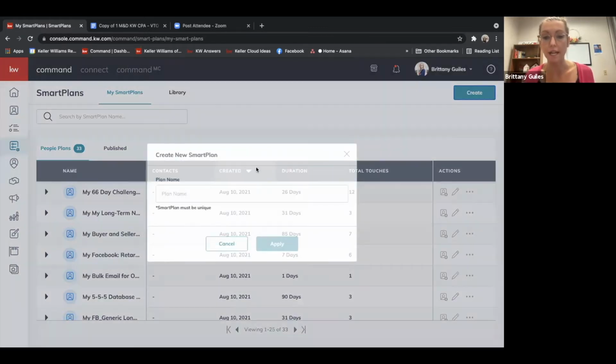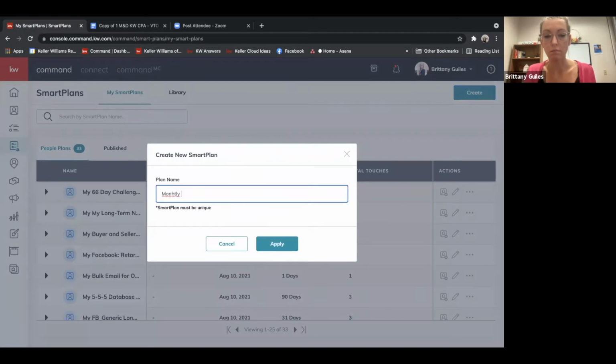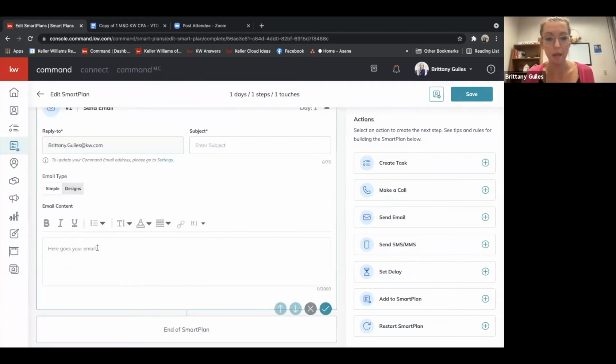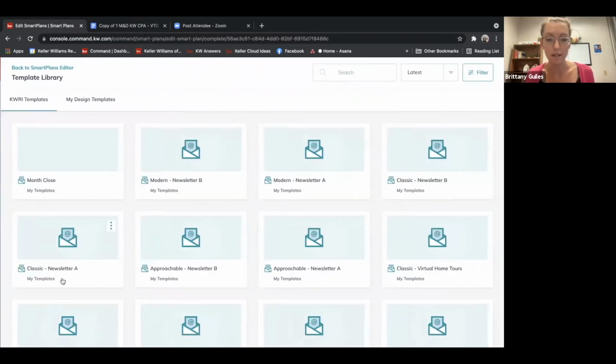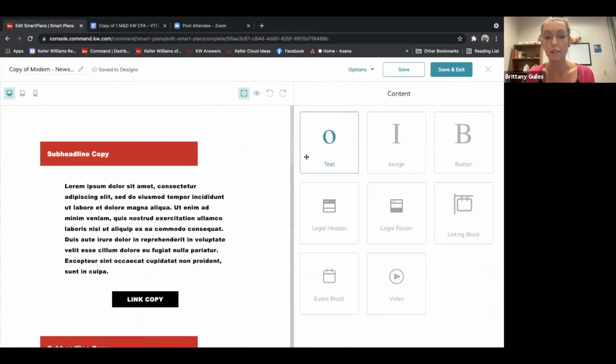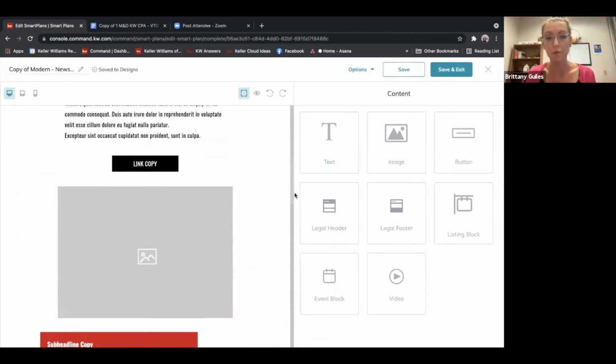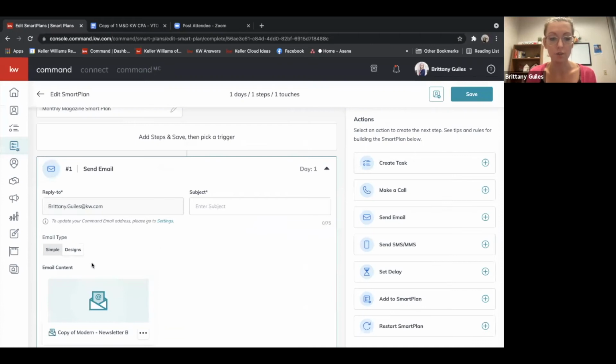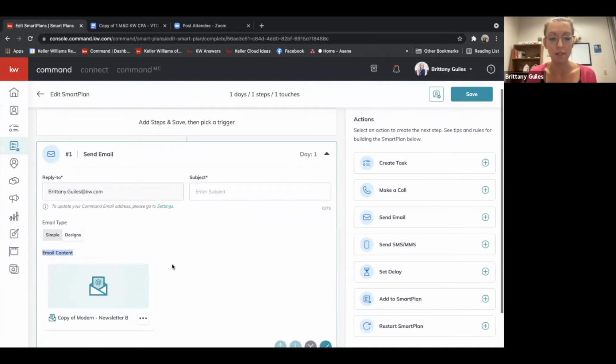And you could always create, you know, a monthly plan. Send email. And then in the email, you'll want to make sure you click on designs. Select design. And now you can choose any template that you think works for you. I'm just going to pick the first one, but actually let me go back really quick. Discard changes. I do want to show you when you click on designs,